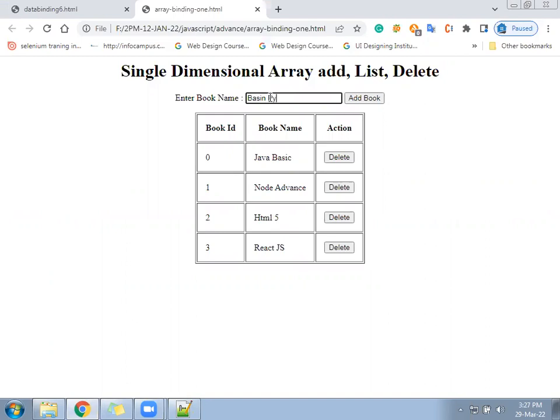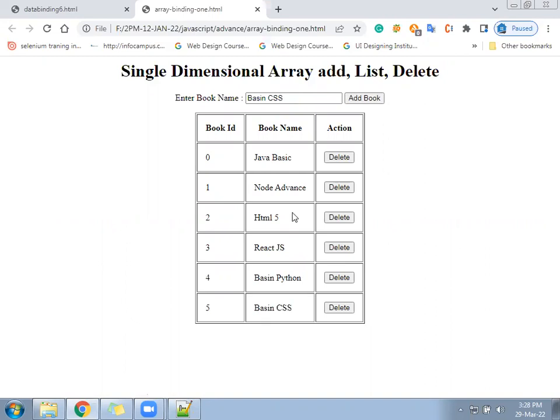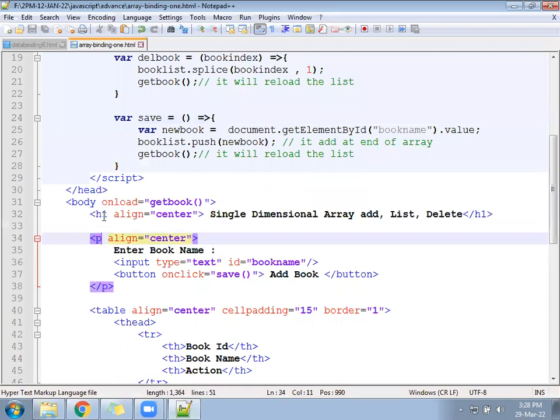Click on the save button, and basic Python will get added here. Basic CSS, click on save, it will come here. Basic React, click on save, it will come here. So whichever value you enter under the text box and click on the save button, that should reflect inside the page.